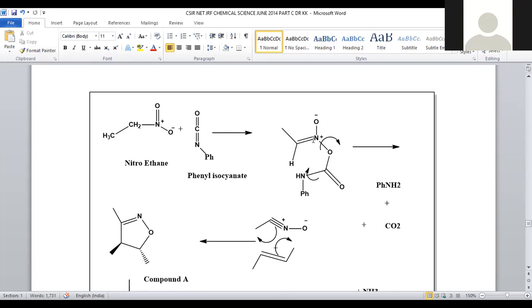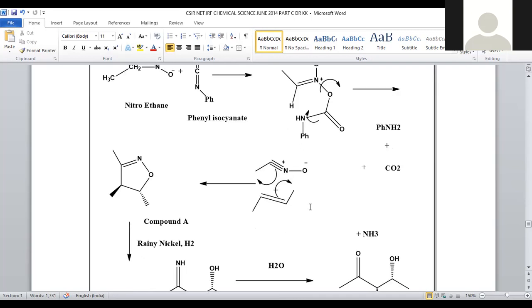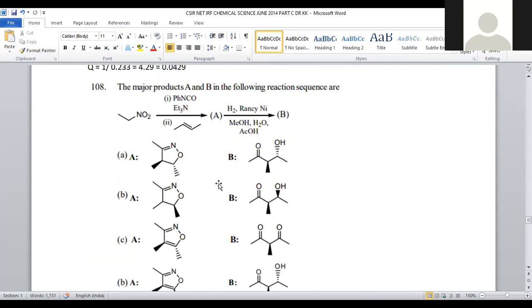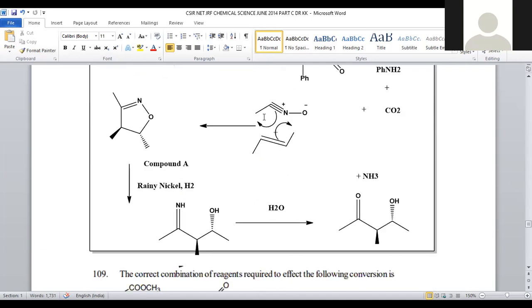And here we have one of the polar compounds. Another hydrogen is also discarded so that here we got a carbon-nitrogen triple bond among these two: CH3-C≡N+-O minus will be there. Whatever hydrogen is discarded will be bonded to this nitrogen and in turn converted into aniline. Now it is a system with a carbon-nitrogen triple bond, and one more compound is given within the problem, that is trans-2-butene. Trans-2-butene will be combined with this nitrile type of compound, the nitrile oxide. Trans-2-butene treated with nitrile oxide will participate in the 2+2 cycloaddition.